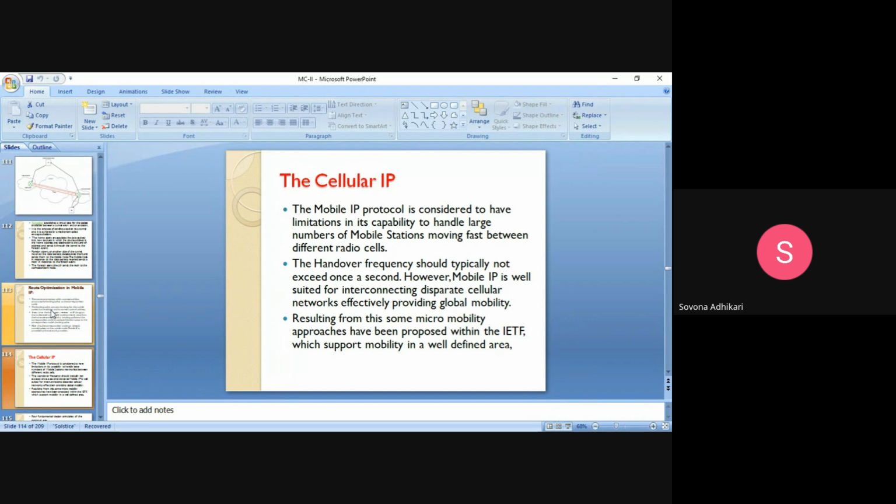If a large number of mobile stations are there and moving very fast, traveling very fast, it is considered to have limitation in capability. So there is some limitation. The handover frequency should typically not exceed once a second. However, mobile IP is well suited for interconnecting disparate cellular networks, effectively providing global mobility. Resulting from this,